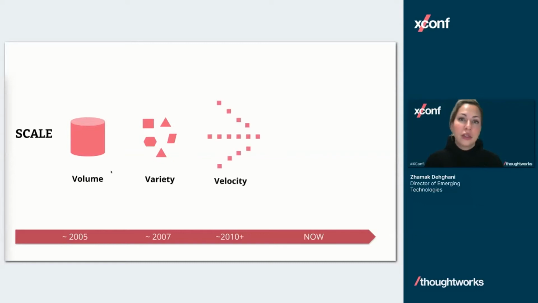And then we went mobile, right? And devices and IoT devices. And we had to deal with the velocity and the speed at which the events were being captured. That gave birth to the Kafkas of the world, and message processing and stream processing approaches to analyzing data.